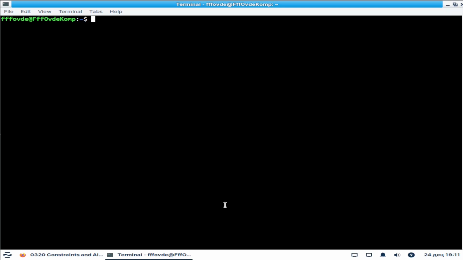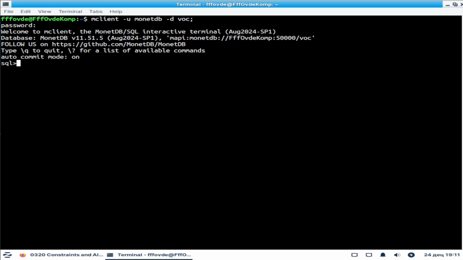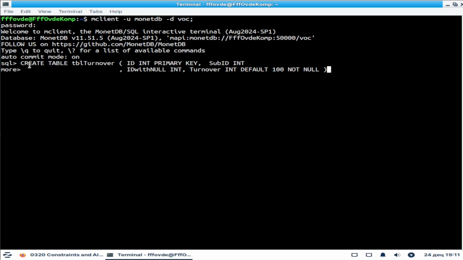Today we will talk about how to alter our tables and how to place some constraints on our tables and columns. I will start this session as an admin because I want to do something a little bit with schemas. So I will type my password, which is MonetDB, and then I will create two sample tables. First sample table is table turnover, and I will insert some data inside of this table,